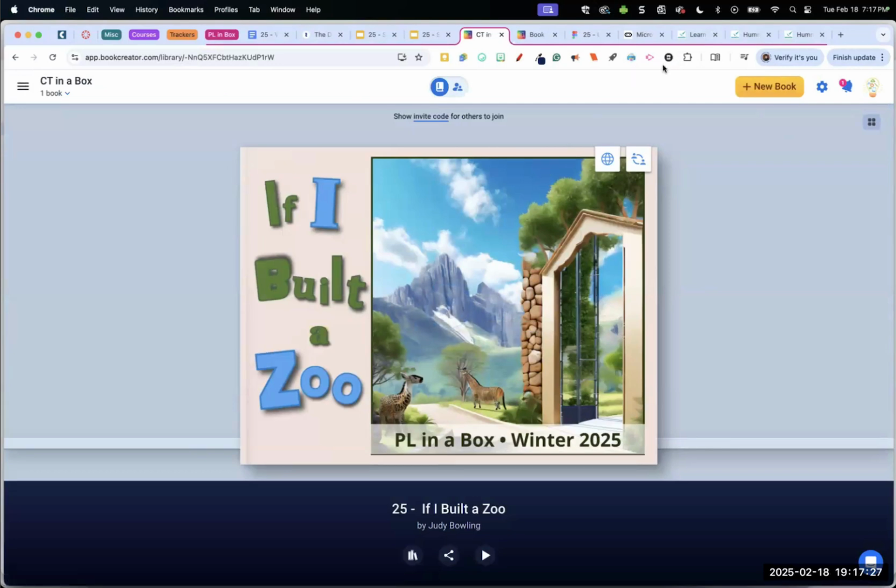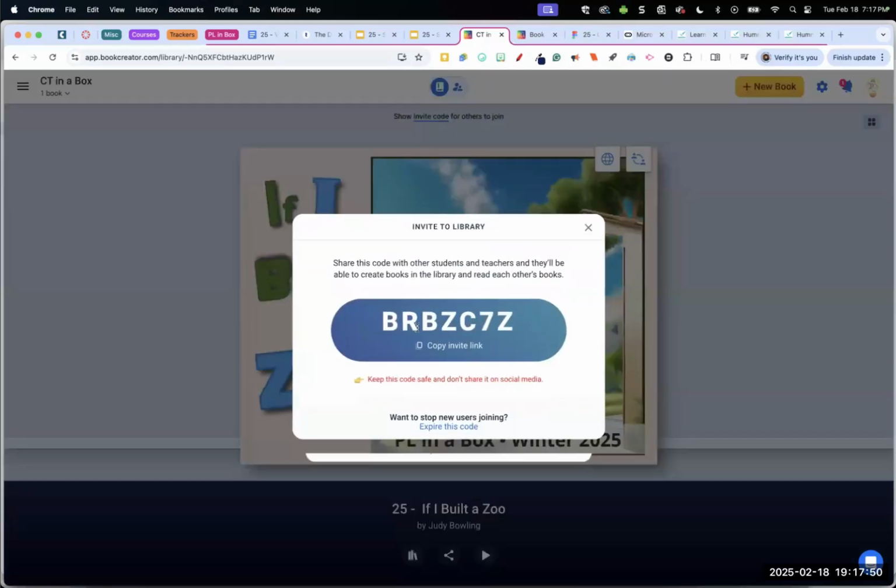That happened to me, but I clicked in and out a couple times and then it just magically started working. Okay, I'm good. Technology, right? So I can see the book, but it's just letting me read it. But I didn't put a code in where it says this BRBZC7, that code that was put in the chat. I didn't. Oh, now it's saying,